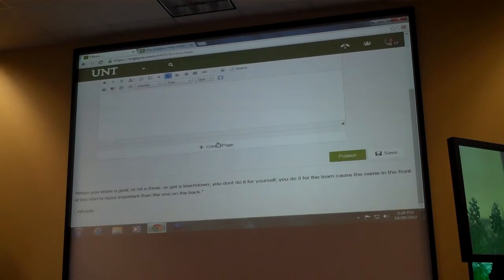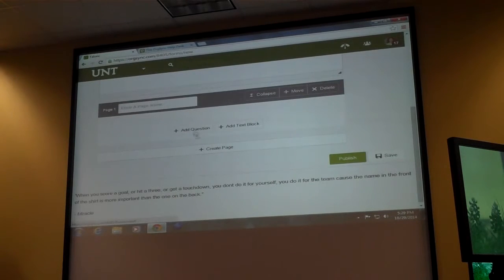All right, and then you create a page, and this is where you add. You can either add text blocks, which is basically just you talking about stuff, or you can add a